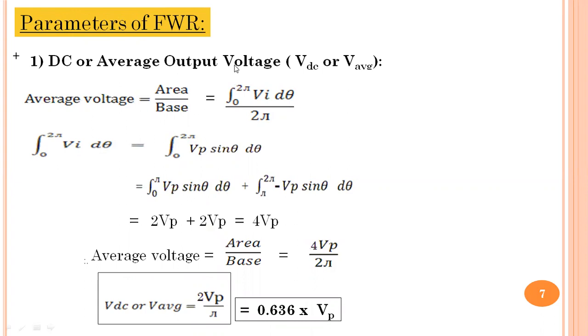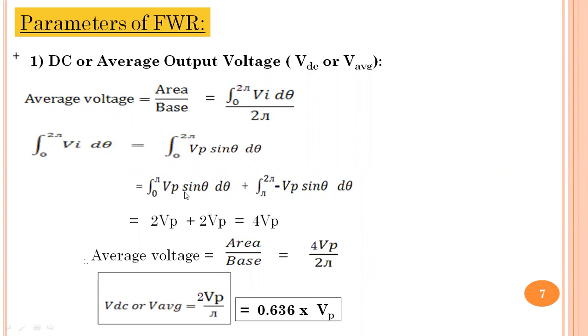So likewise, what we did in the half wave rectifier, in case of full wave rectifier also, we can find the average value of DC voltage produced at the output by the formula area upon the base, that you can see with the help of the previous waveform. Area we can find throughout the one cycle, 0 to 2 pi as limit of integral Vi d theta. Base is of 2 pi for one complete cycle. If we solve this integral, we can split it into two parts. Vi means Vp sine of theta, right?